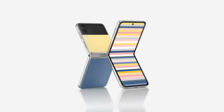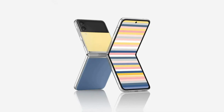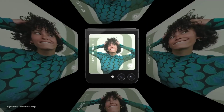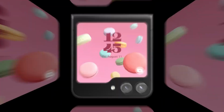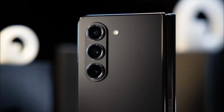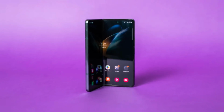The most significant concern for many users is the durability of the folding screen. Samsung seems to be addressing this issue head-on with the introduction of IronFlex. Recently, Samsung Display applied for trademark protection for the term IronFlex with the Korean Intellectual Property Office. This move indicates that Samsung's next foldable phones, the Galaxy Z Fold 6 and Z Flip 6, could feature more